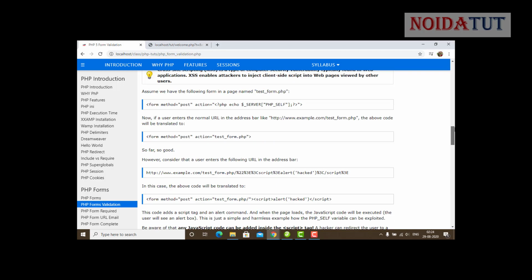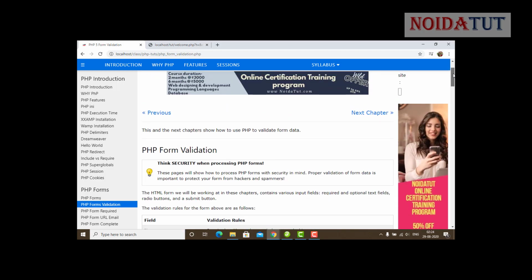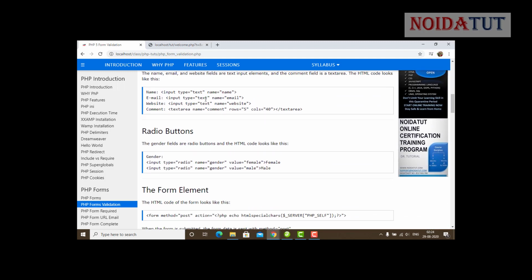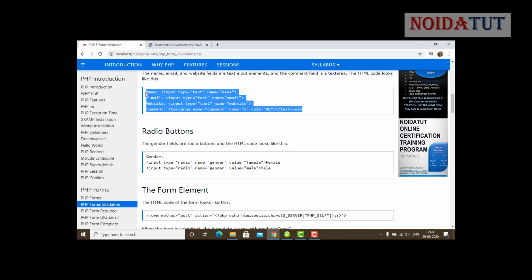This is what are the things which we need to follow to stop the hacking of the system. These are the values we need from the user to input, and we need to check and restrict the user to enter the correct data, and we need to remove all the illegal data that we have seen right now. We are proceeding with further form validation and required fields in our further tutorials.